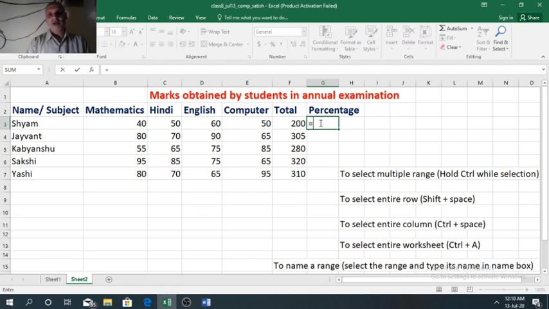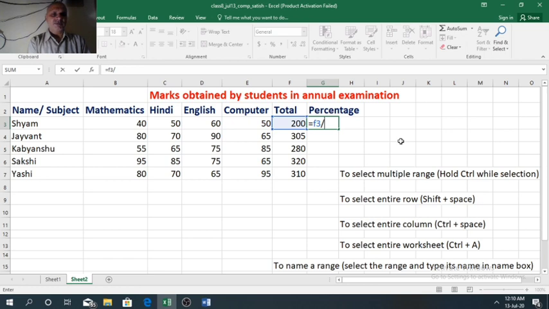But here we will not write the exact value 200. Instead of 200, we will type the address of 200. So what is the address of the cell 200? That is F3. So here we need to type F3. That is our marks obtained divided by total marks.